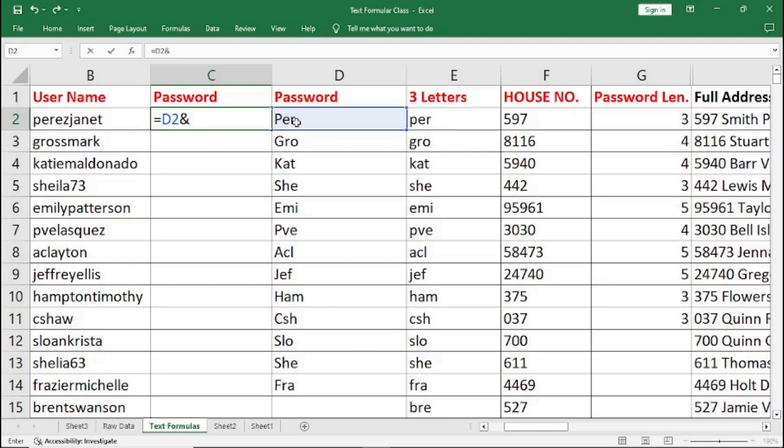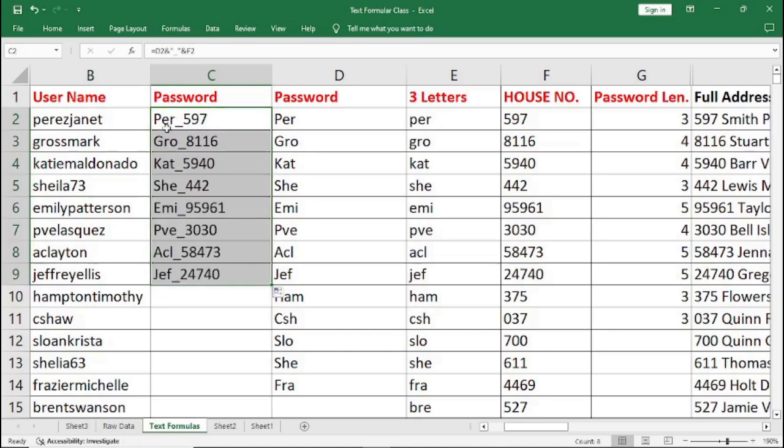And how do we introduce the underscore? Put it in double quotes. Underscore, double quote. And then join whatever we have here. So if I press my enter key here, I'm going to have something like this, which is the first 3 characters of that username. Now, the other way around, if we want the house address to come first before this username,